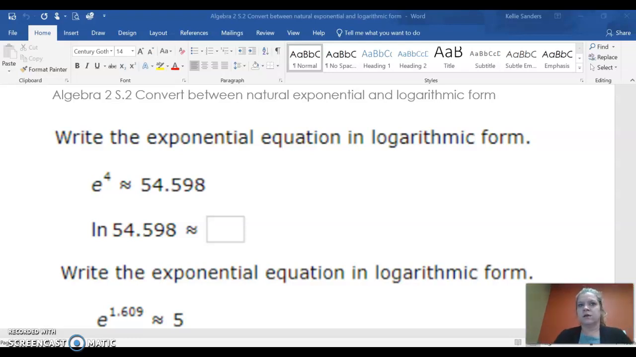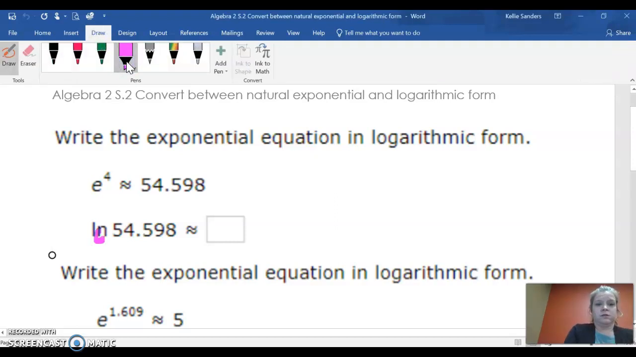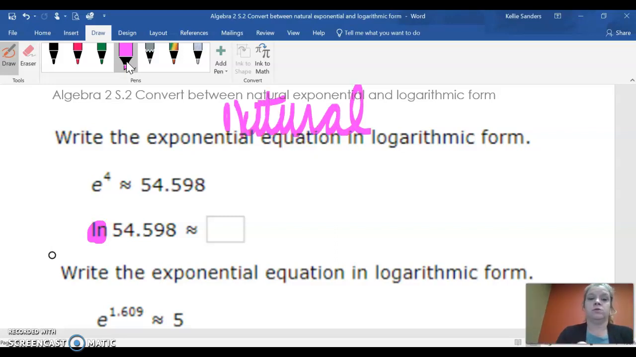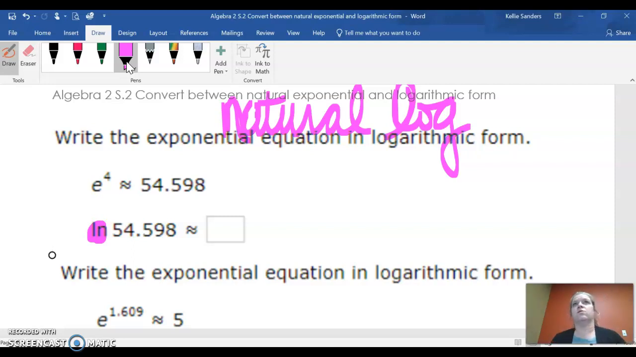Okay, just like in S1, and when we had logarithmic form, this is going to be natural logarithmic form. Now, I understand that, let me see, natural log, okay? Well, whenever you have natural log, you want to abbreviate that, and everybody's going to say, well, that's